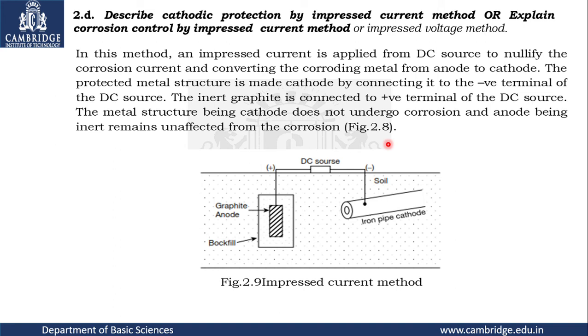Today we have discussed three questions. One is anodizing, a separate question for 5 marks. The second one is galvanizing, a separate question for 5 marks. And these two, 2C and 2D, clubbed together, are for 5 marks, making 15 marks. If you are thorough with the 15 marks, definitely it is easy to get 10 marks. Out of these three, one question will definitely be asked, students. Please be thorough with this.